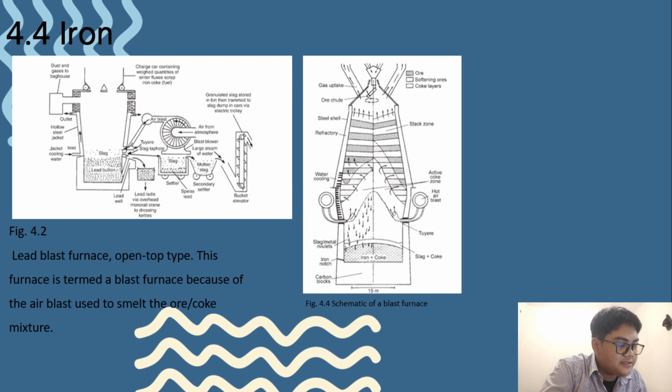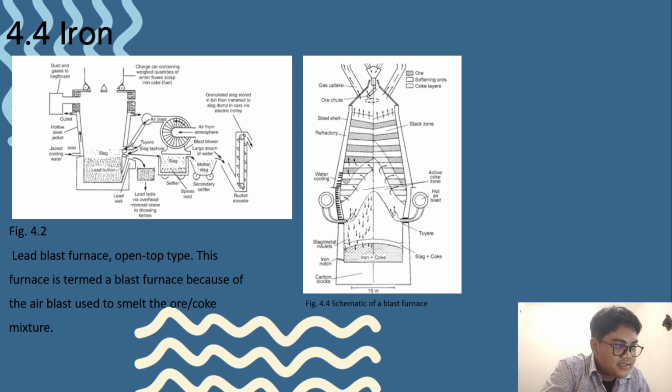Iron smelting, as we can see in figure 4.3. As with the reduction of copper sulfate ores, the first reduction of iron oxide was probably accidental. The temperature in a blast furnace is approximately 150 to 200 Celsius, and in Fahrenheit we can count 300 to 400. Because of the rising stream of hot carbon monoxide that results from combustion of the coke at